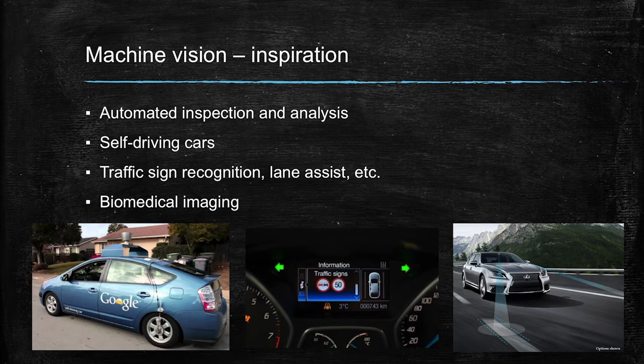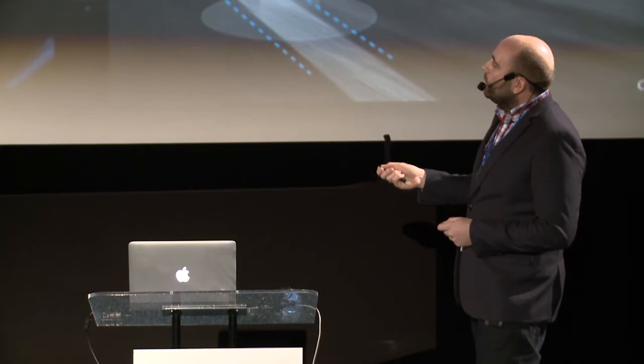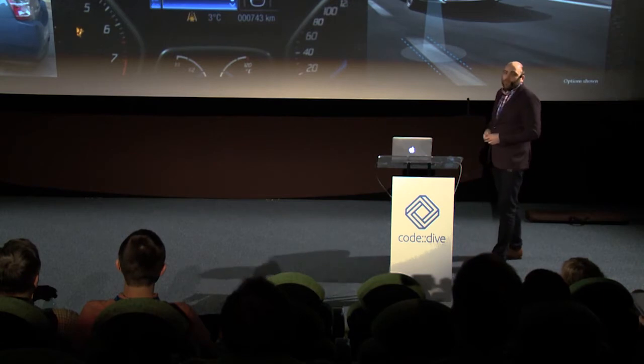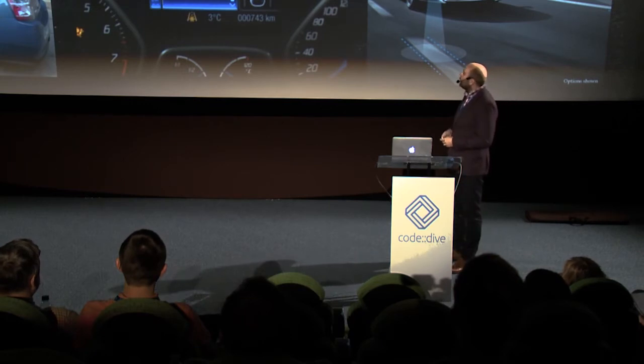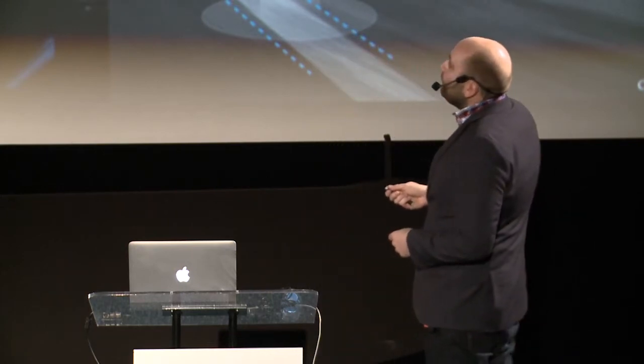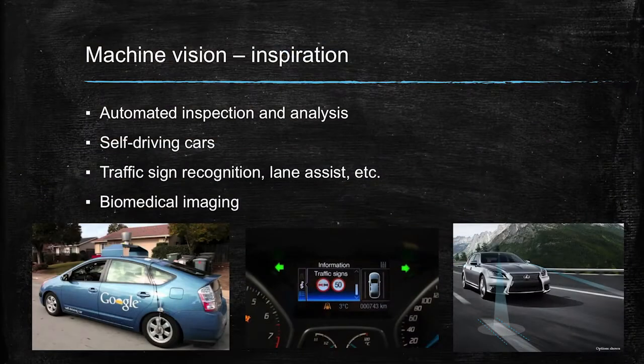This is one of the examples where you have things, especially machine vision, which process the input from the camera and try to recognize the signs. So when you see a speed camera, you don't need to wonder what the speed limit was. You just look at the dashboard and you can adjust the speed of your car without worrying that you will get a ticket. And the last motivation is biomedical imaging, in which I'm actively working. So this is the main motivation for developing machine vision.